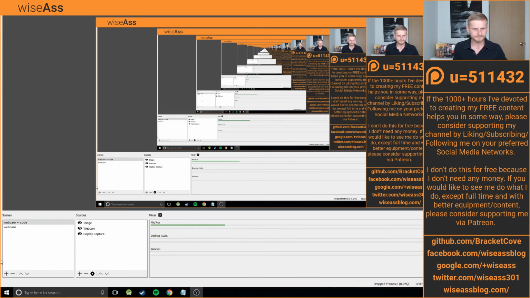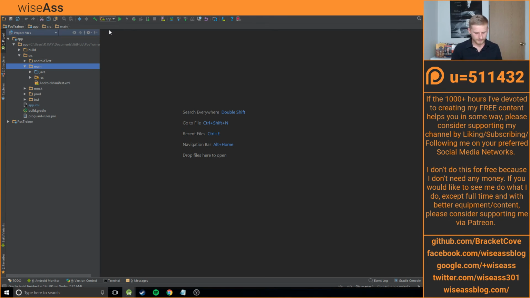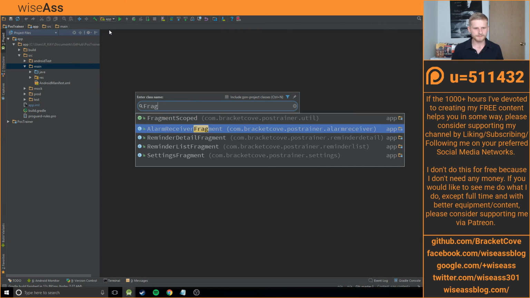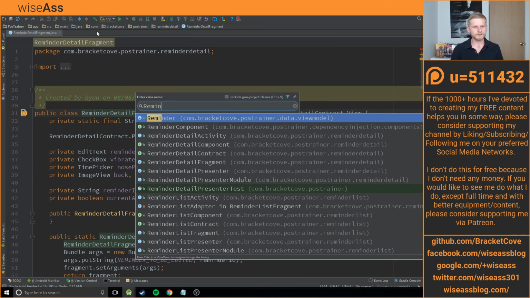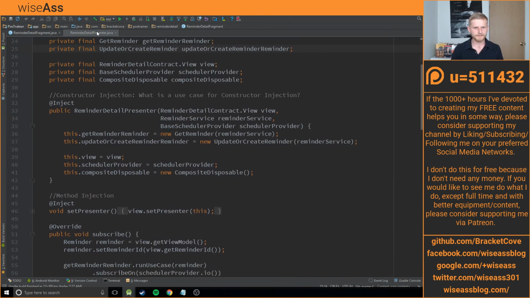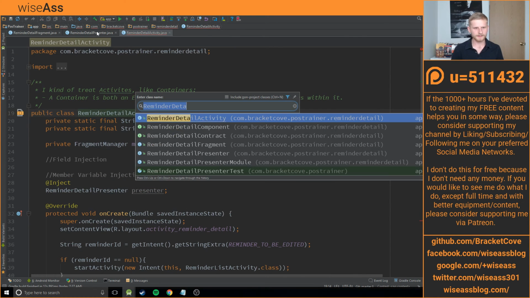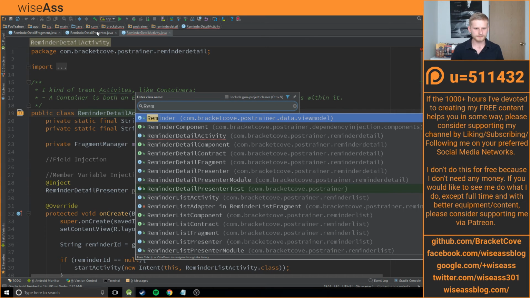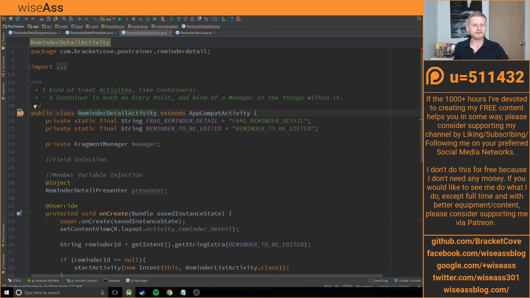So let's look at Pause Trainer. What I'm going to do is open up the three layers of this thing. So we've got reminder detail fragment, let's do reminder detail presenter, reminder detail activity, and let's do reminder service, which would be useful. So basically what Dolly is asking is,